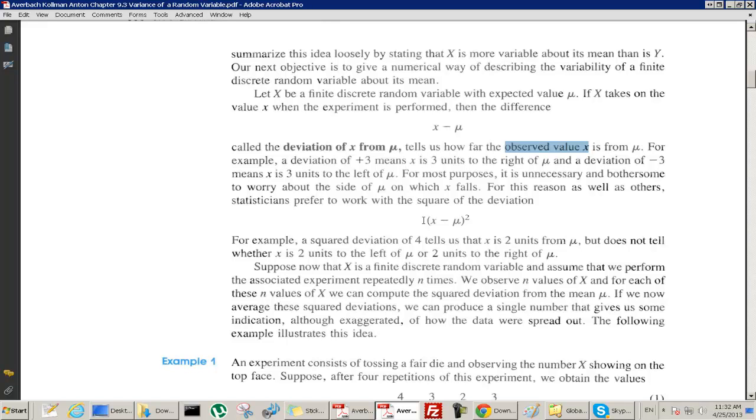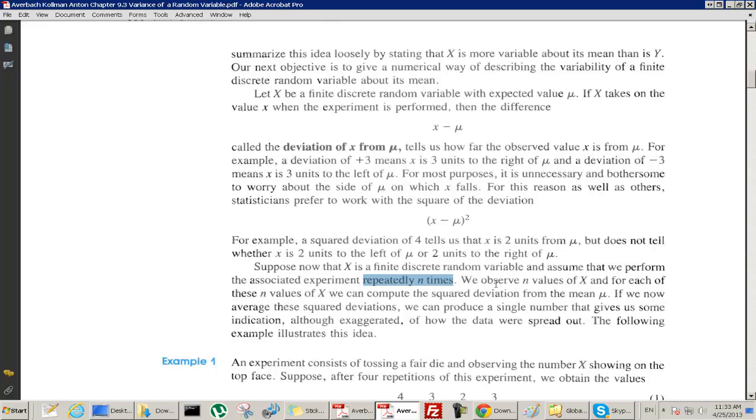But now we're talking about the standard deviation or the variance for a random variable. It seems very similar, but it's slightly different. Suppose now that x is a finite discrete random variable, and assume that we perform the associated experiment repeatedly n times. We're going to perform it a lot, many times. We observe n values of x, and for each of these n values of x,